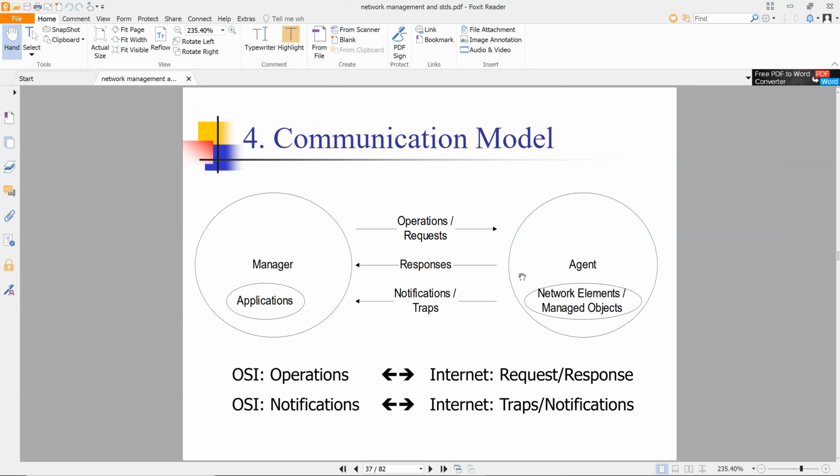So here the MIB and MDB are databases. The MIB is a management information base. It is a virtual database. MDB is a management database. It is a physical database. And we are also seeing about